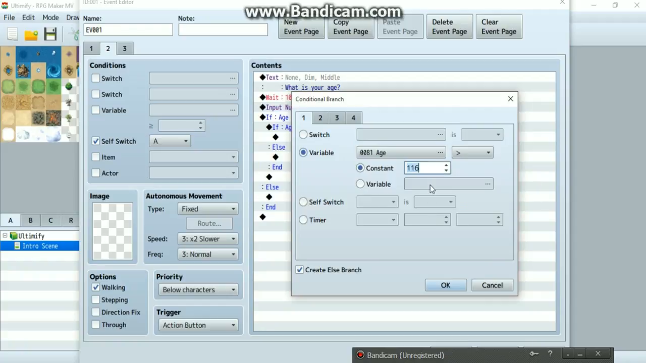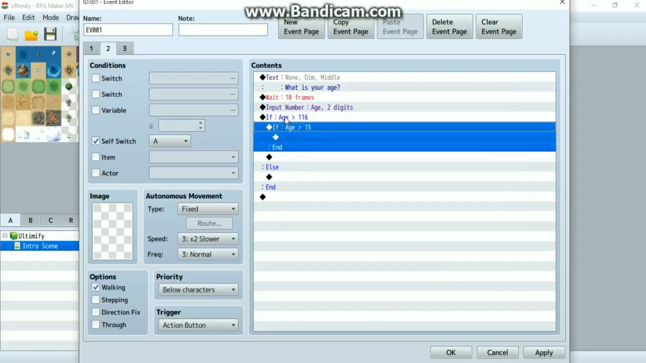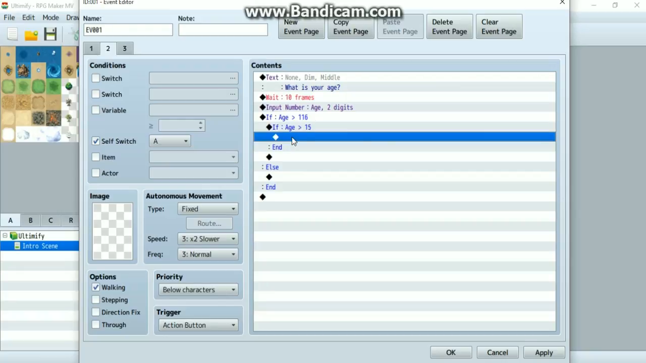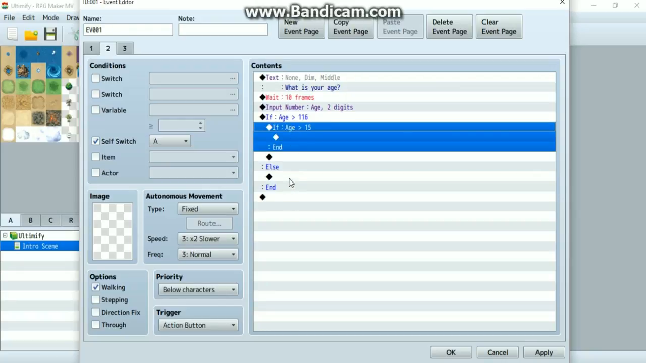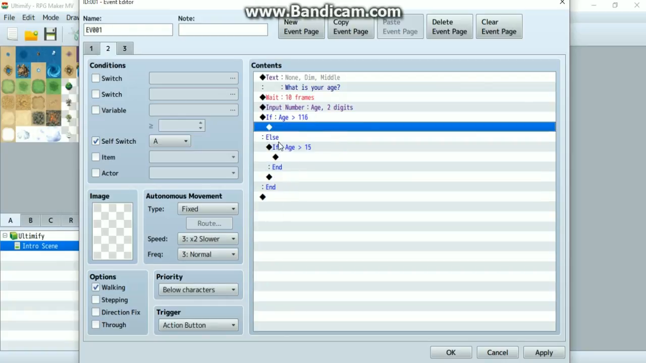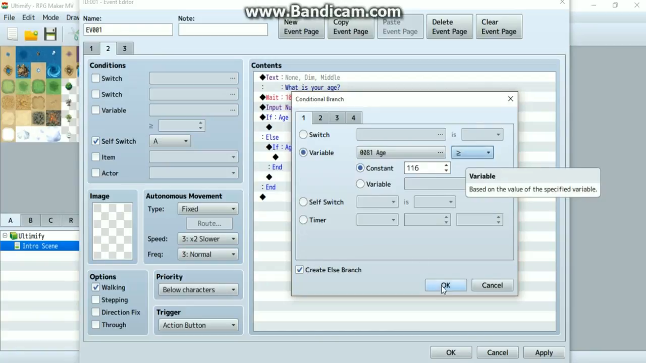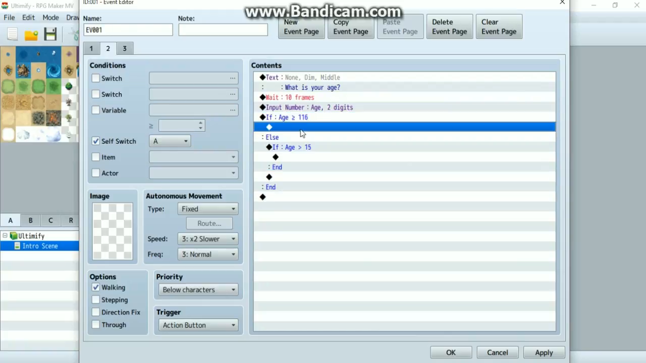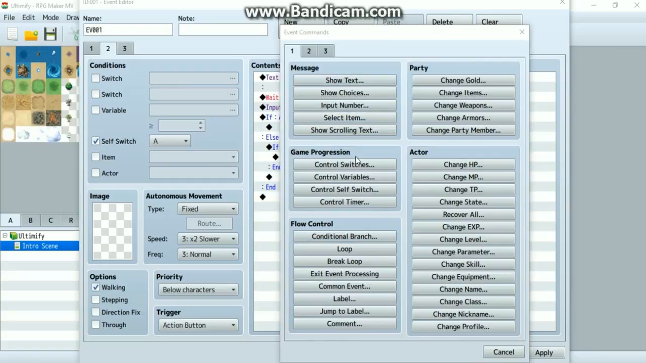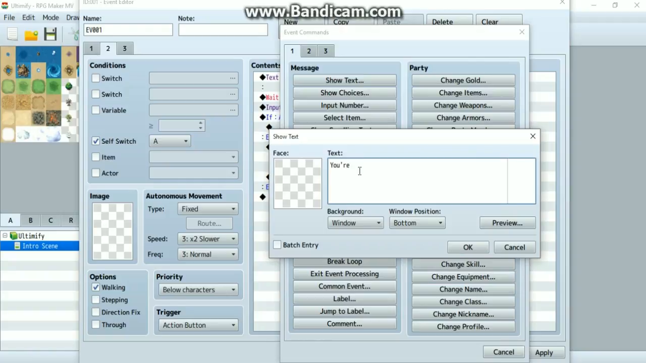For this one we would like 15. I don't think we need that for that one. So basically it's saying if you are greater than 116 or less than 15, actually, it should be more like that. That way, if you choose greater than 116, it'll be like, or actually, there should be greater than or equal to 116. If someone actually chooses 116, then you can say, you're too old